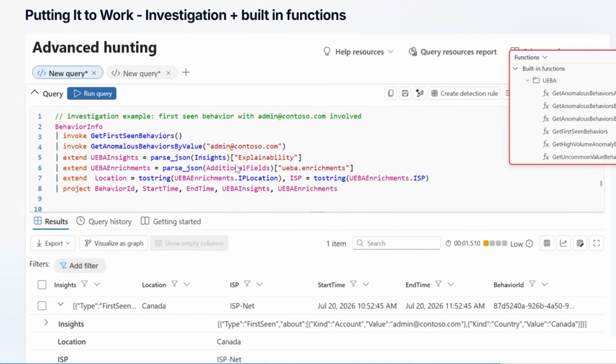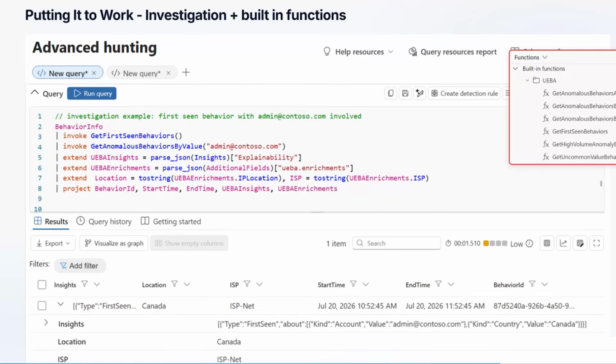This will filter out all the behaviors that are not first seen. Then I can call GetAnomalousBehaviorsByValue and supply the relevant account in this case, and I will get all the anomalous behaviors for this entity. And of course, we have the full info and examples for each of the functions in our documentation.